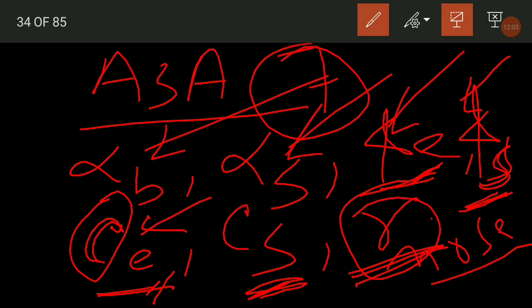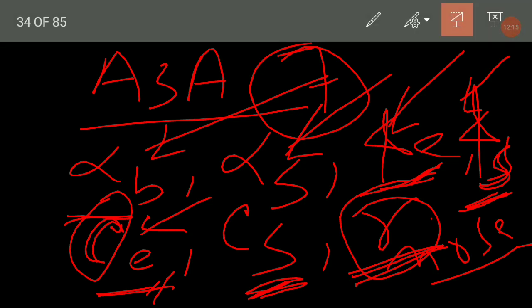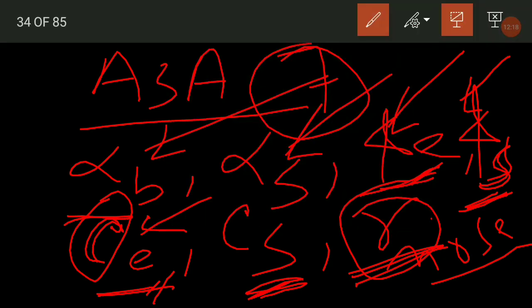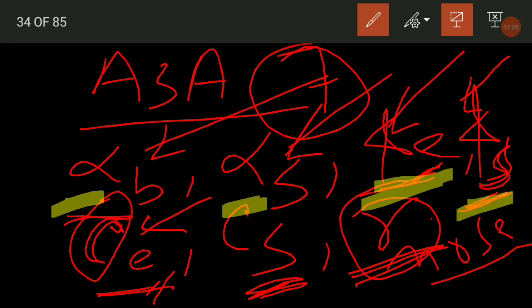So in ASA we have 7 elements to denote the different tool angles as specified by the ASA system, that is the American Standard Association. The first one is alpha B, the back rake angle. Alpha S is the side rake angle, phi E is the end relief or end clearance, phi S is the side relief or side clearance, CE is the end cutting edge angle, and CS is the side cutting edge angle. And R will be your nose radius.